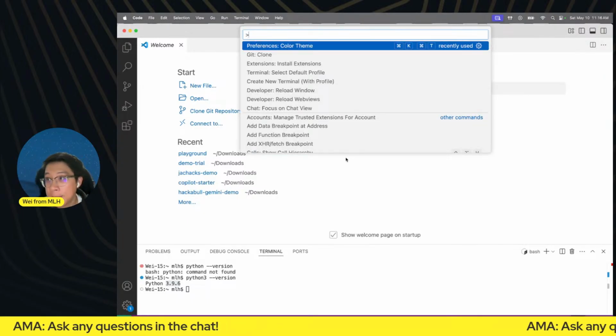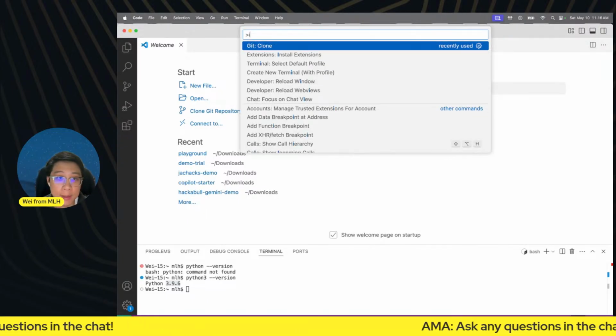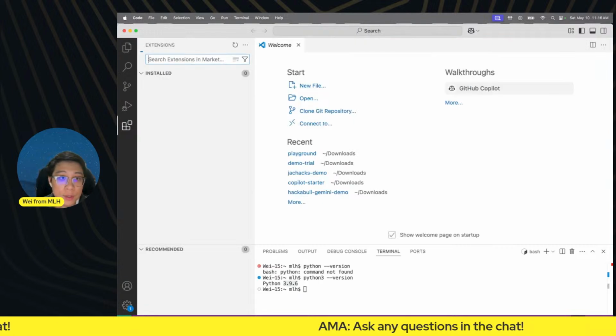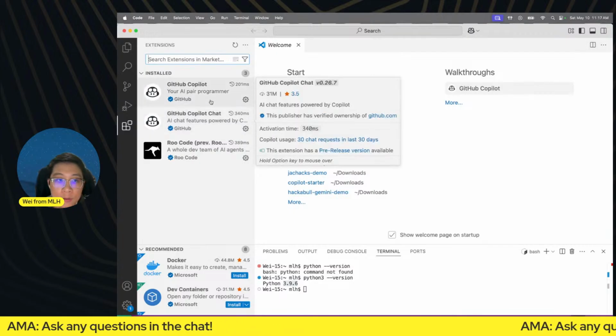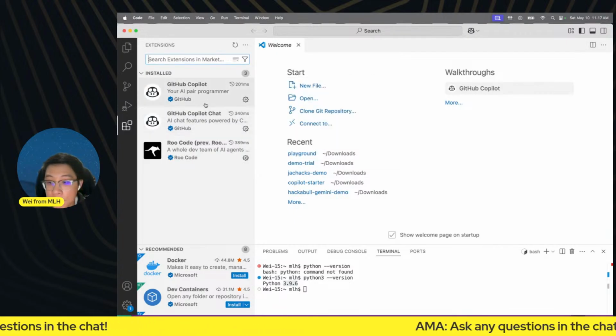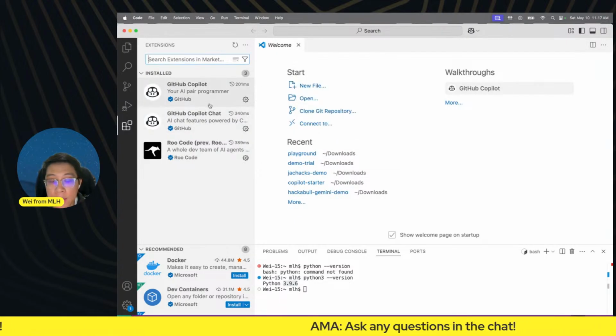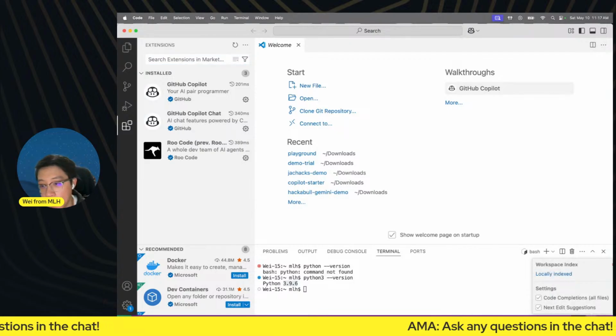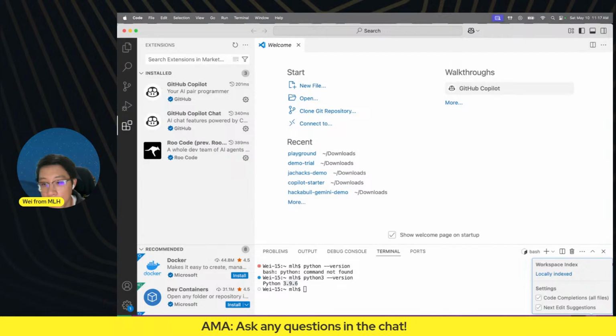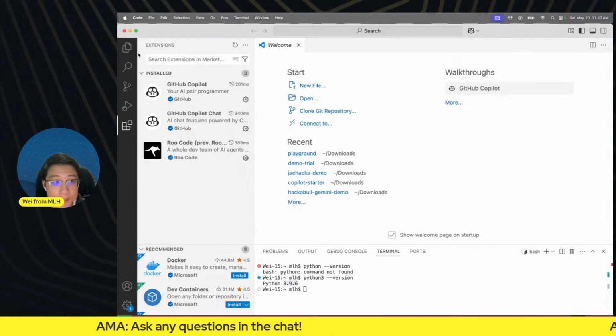That opens up the command palette, and we can type in install extensions. And there, I already have GitHub Copilot and Copilot Chat installed. So feel free to install it if you haven't. The way you can tell it's installed is by looking at the little Copilot logo on the bottom right. That indicates that Copilot has been installed, and you can click on it to log in.